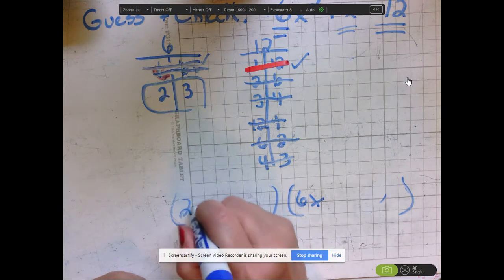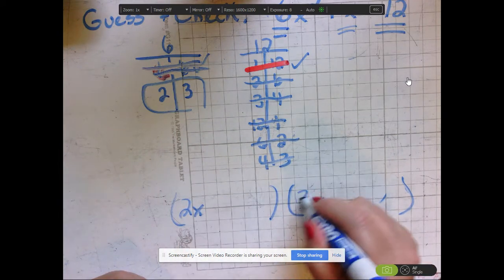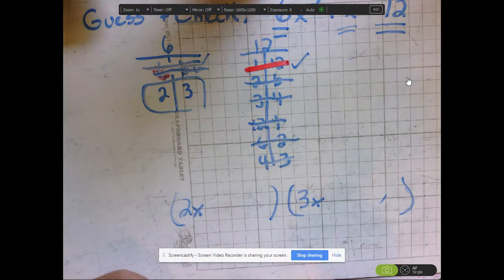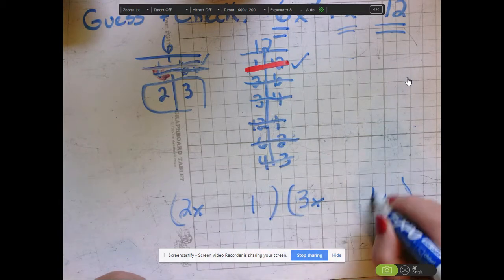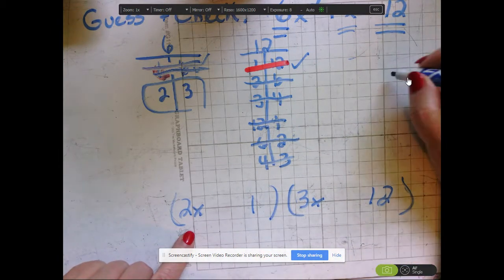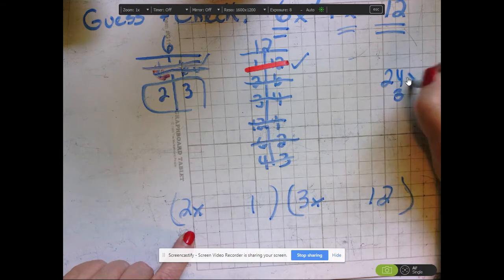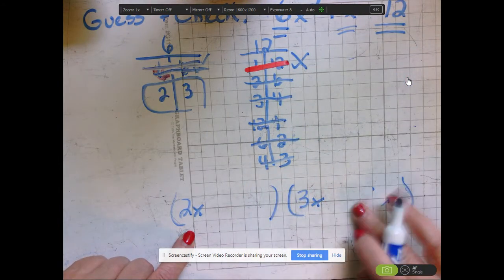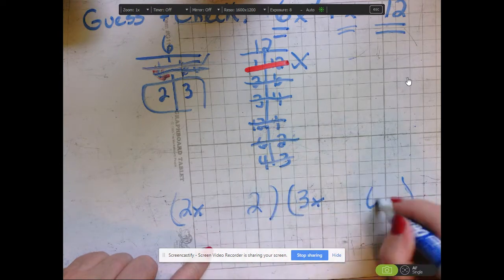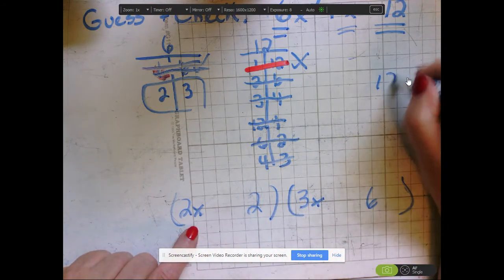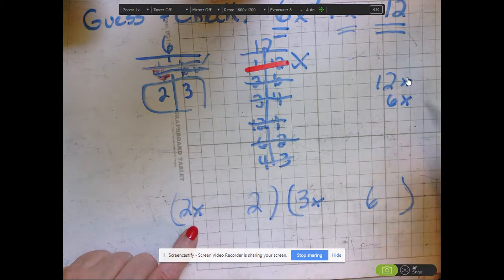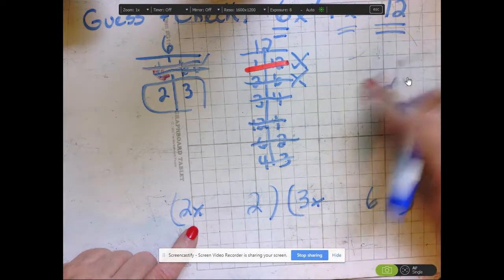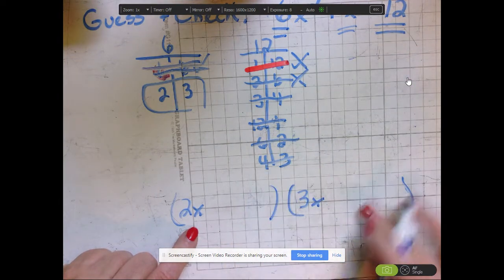So I'll put a 2x here and a 3x here, and I'll start this list all over again. So I'll try 1 and 12. Well, that will give me a 24x and a 3x. Nope, that doesn't work. I'm going to try 2 and 6. That will give me a 12x and a 6x. That does not work. I'll try 3 and 4,